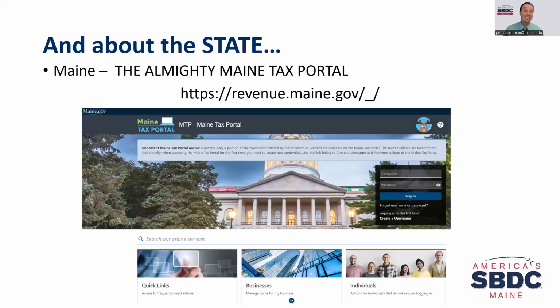Now, if we flip over to the state of Maine, recently, in the past few years, it has created an almighty Maine tax portal where you can pay all of your taxes should you wish to, right? And again, just like the IRS, they would like you to set up or register for an account, but the easier way to do it when you're doing estimated taxes, and again, remember, the estimated tax is if you're an LLC, S corp, sole proprietor, or partnership, the estimated tax is a pass-through. It's an individual tax, right? Versus if you're a corporation, that's a different matter.